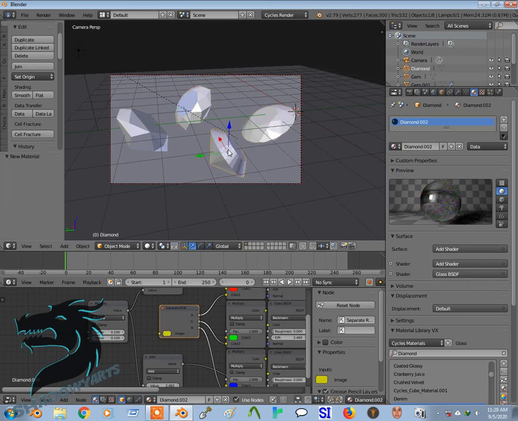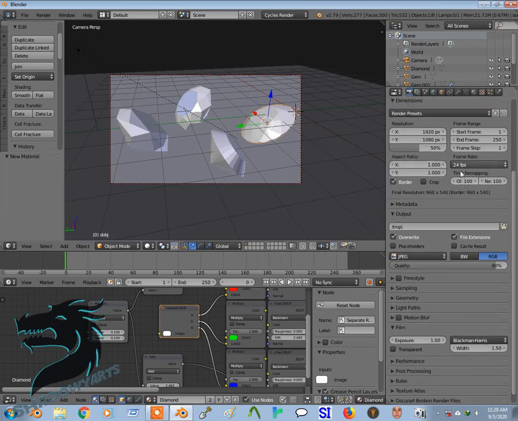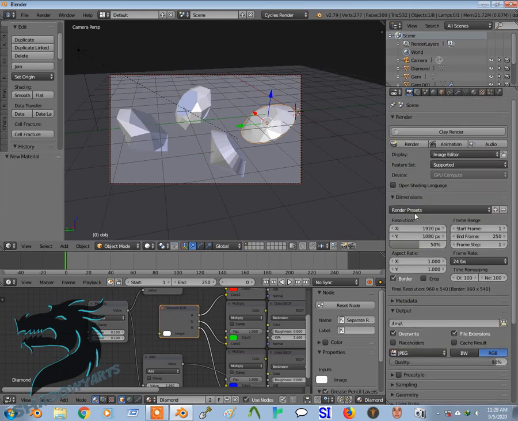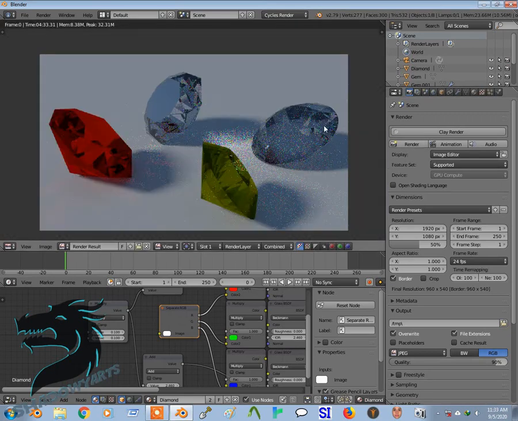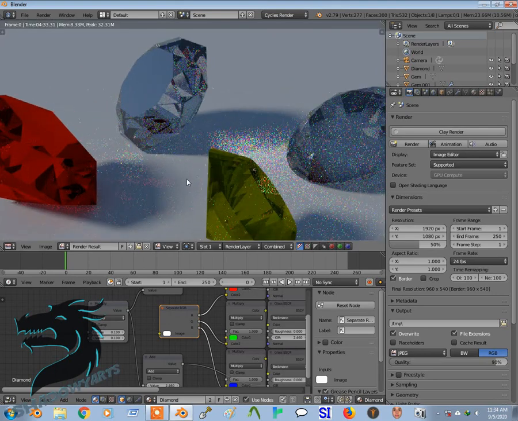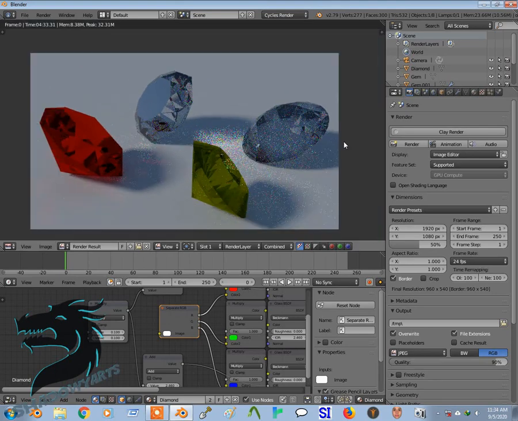Alright, I think now I can just start rendering. Yeah, so this is what one of the finished results is. You can tweak it some more so that you can reduce the noise that's in the scene, but I didn't really have time to tweak it or make changes. But yeah,